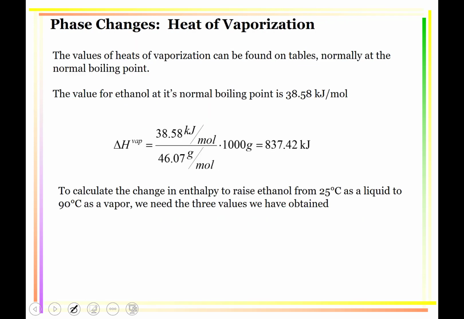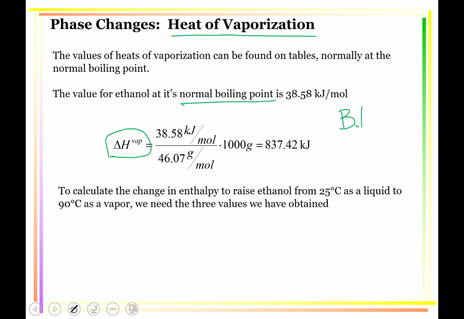Now, we learned how to heat up a liquid and how to heat up a vapor, but we have not learned how to heat up a liquid and what the total delta H for the entire process is, because we've ignored, until now, this heat of vaporization. So this heat of vaporization can be found on tables, and our table B.1